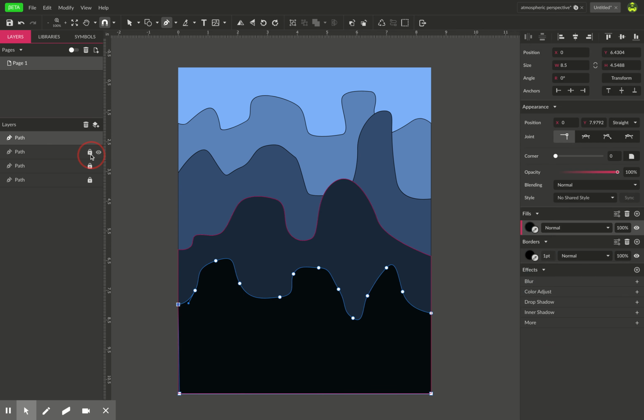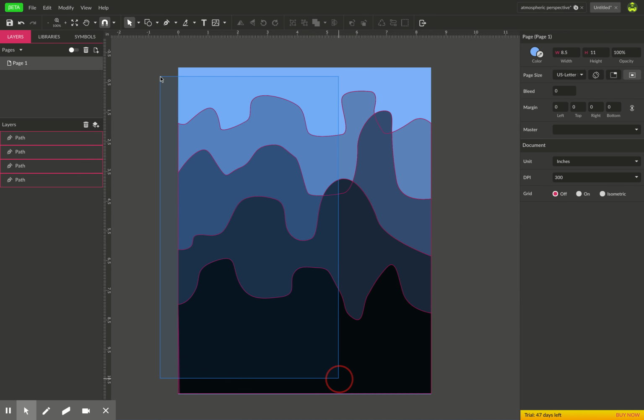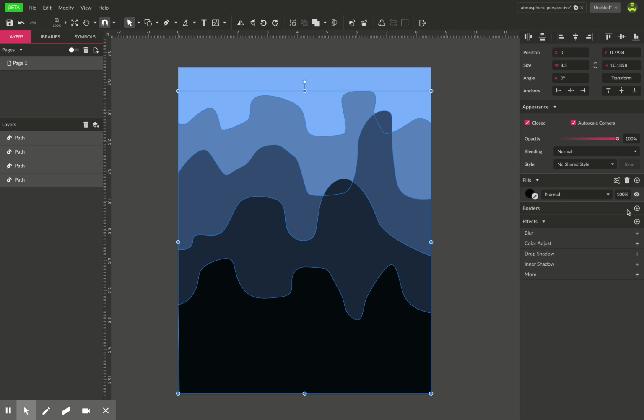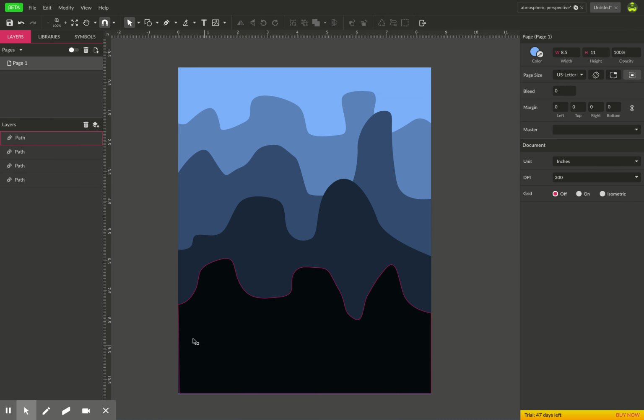I would just recommend that you get rid of the borders. So what I did was I just unlocked everything, and then I'm going to select all of my paths. So I have 1, 2, 3, 4 paths. You can click and drag right on your composition, or you can click in your layers palette and then hold down Shift to click the bottom one, so they're all selected. And then where it says borders underneath fills, you just click next to that color picker, so you highlight the borders and hit trash. So you trashed all the borders, and now you just have this pretty simple atmospheric perspective,